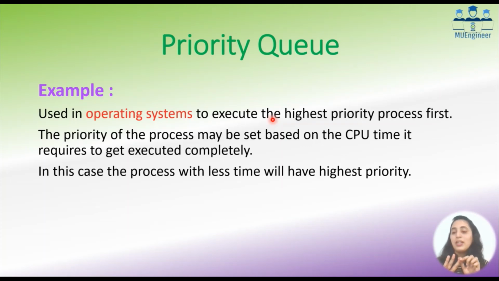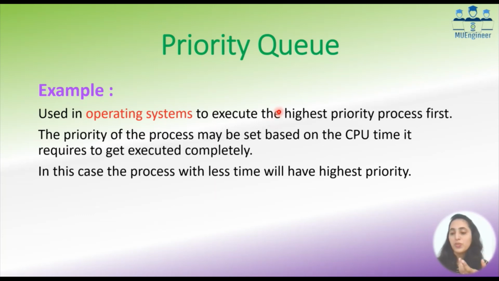Are you getting this? That means whenever you are giving a request to your computer, the computer runs some algorithms behind the scenes, and it identifies which one should be executed first. अगर 1 second का काम है तो उसको execute करने के लिए मैं उसको आधा घंटा wait करूंगी क्या? No, this is not possible. So आधा घंटा वेटिंग टाइम के लिए नहीं, 1 second में अगर कोई ऐप सिर्फ ओपन करना है तो पहले उसको वो करके देते हैं, so that we can do the 30 minutes one आराम से. So this is all happening in the operating system.